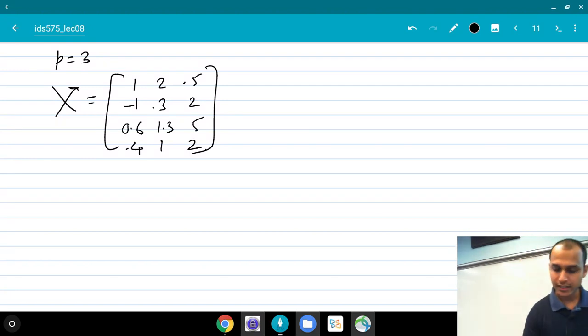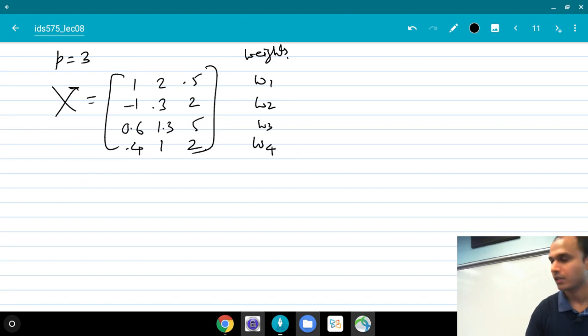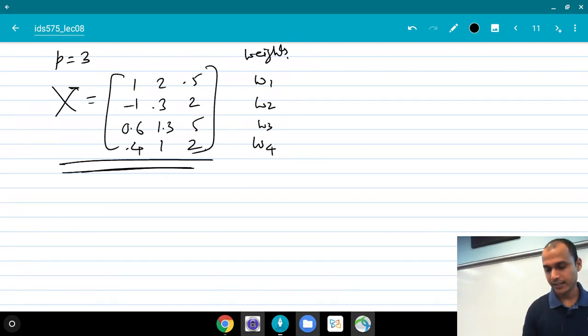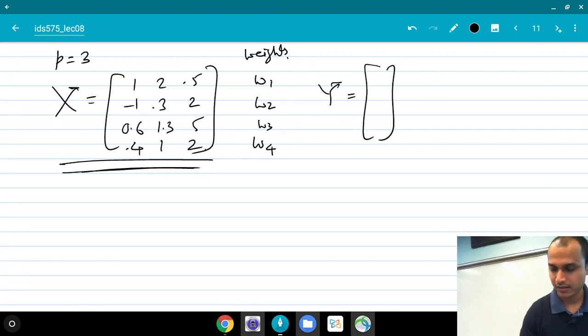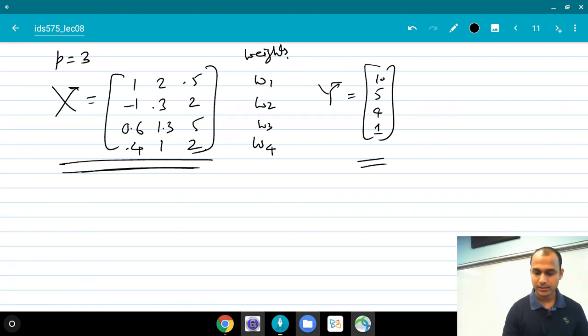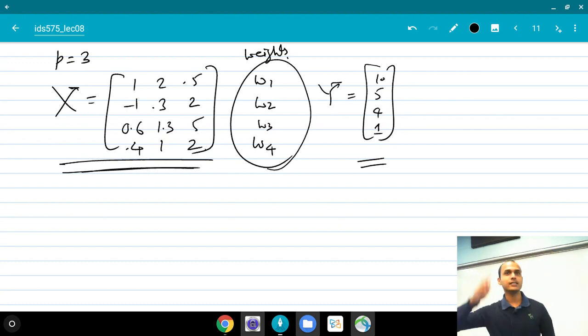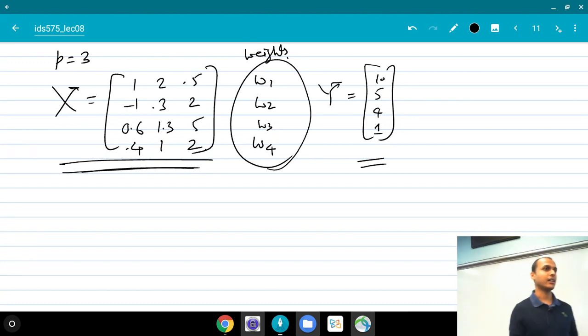So when I said I modify my data set, I'm going to maintain what are called weights for each observation. So for the first observation, there will be W1, W2, W3, and W4. So four observations, 4 weights, and this data set with the features and of course the y's. There is going to be a bunch of y's, right? Let's say 10, 5, 4, 1, some numbers. The data set is going to consist of not just the x comma y's but also the weights. So there's one additional bunch of numbers that I keep. That's my data set now, and I'm going to keep changing these weights, and that's going to give me